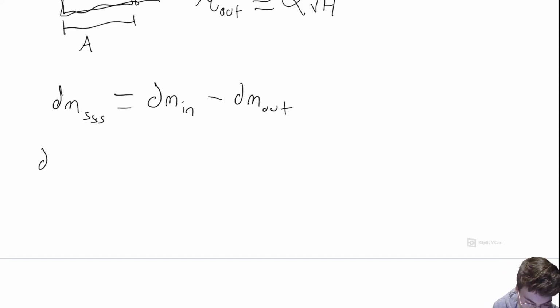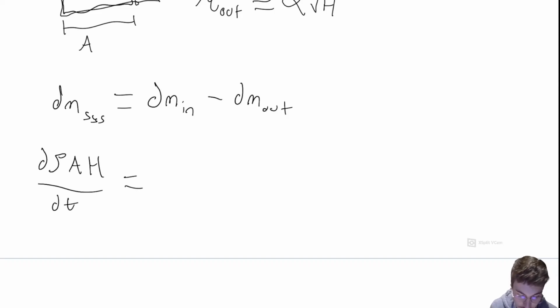So the change in mass is going to be the density times the area times the change in height with respect to time. And this is equal to the density times the flow rate going in minus the density times the flow rate going out,